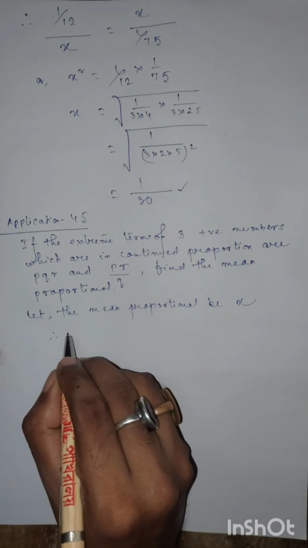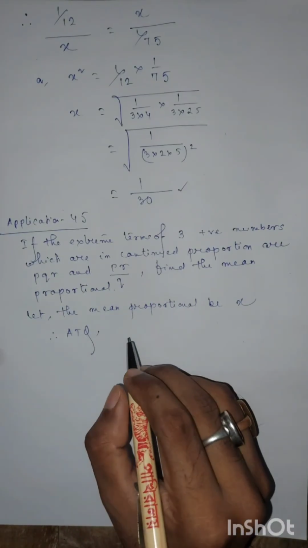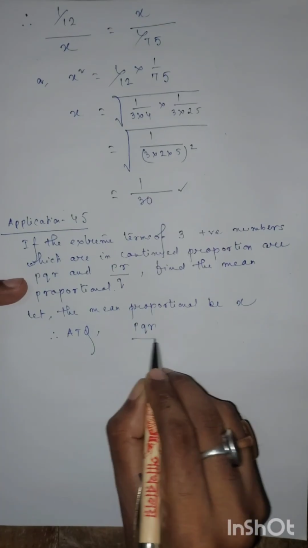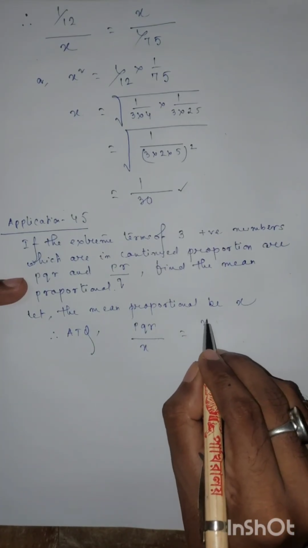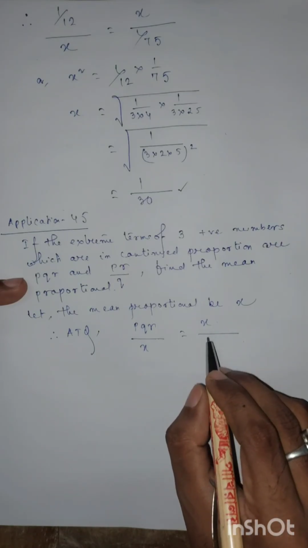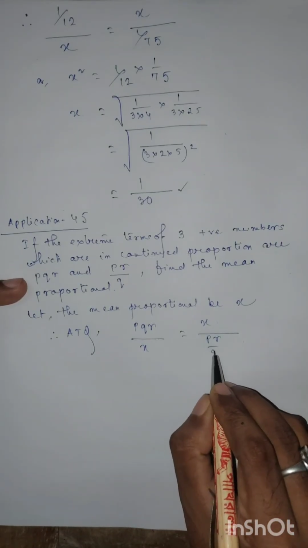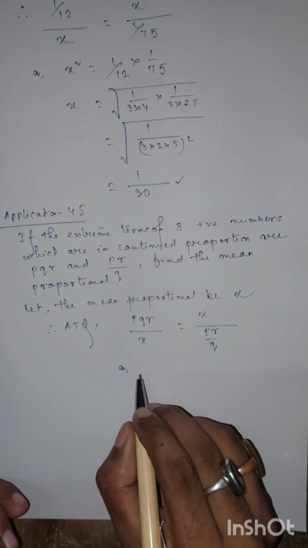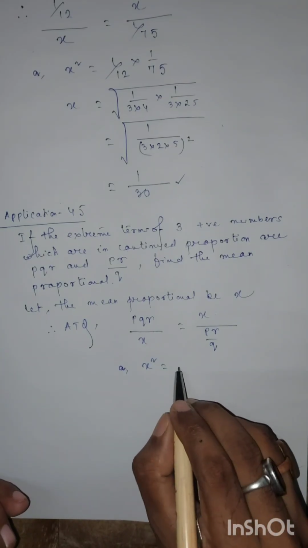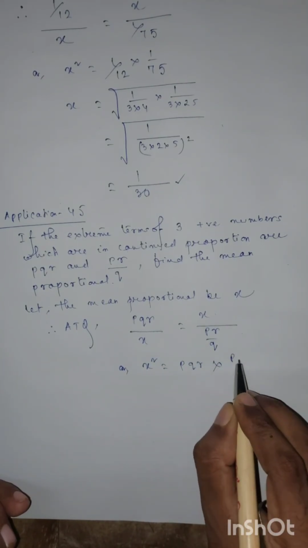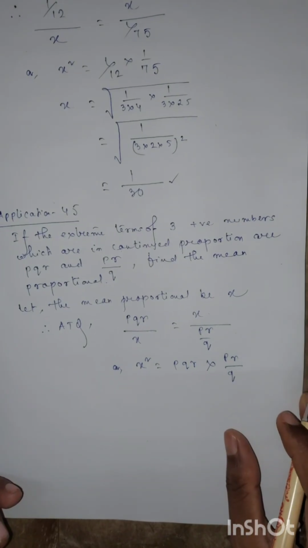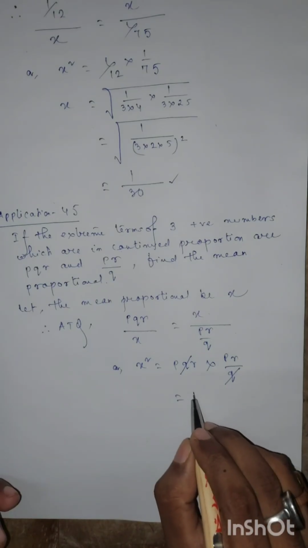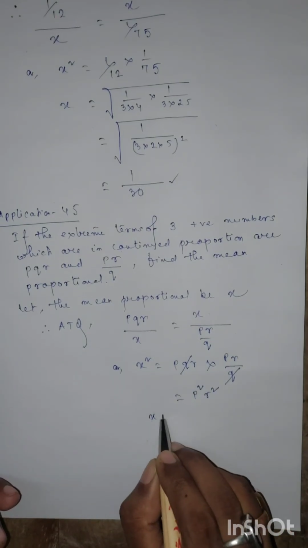Therefore, according to the question, we can write: this is our first term by the middle term is equal to the middle term by the last term. Okay. So now by cross multiplying we get P square R square. So X is equal to